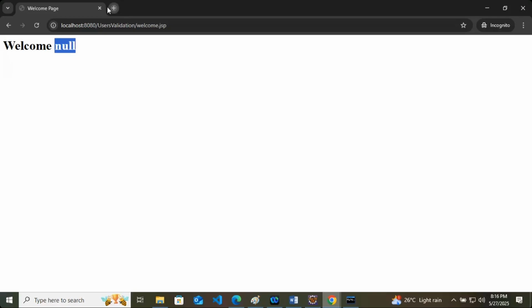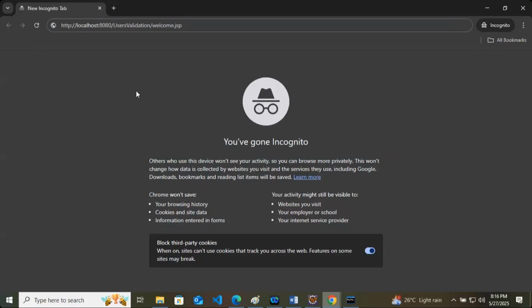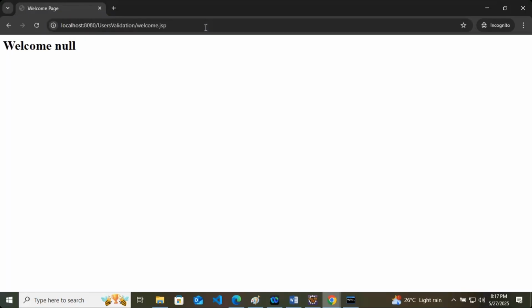What I will do, I am on a new tab, I will just paste the URL. Now technically it should ask me to do login, right? I am trying to check the welcome.jsp page and it should ask me to log in first. I will just keep the URL open directly. It should not open that. Any idea how to handle this? The answer is on this page only.